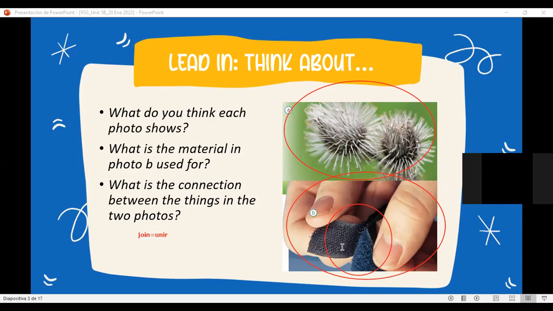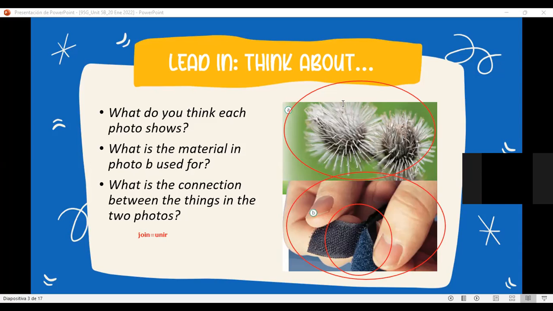Well, both. Have you seen this flower? Ustedes seguramente no han visto esta flor, pero sí han sido víctimas de esa flor. What do I mean with victims of this flower?